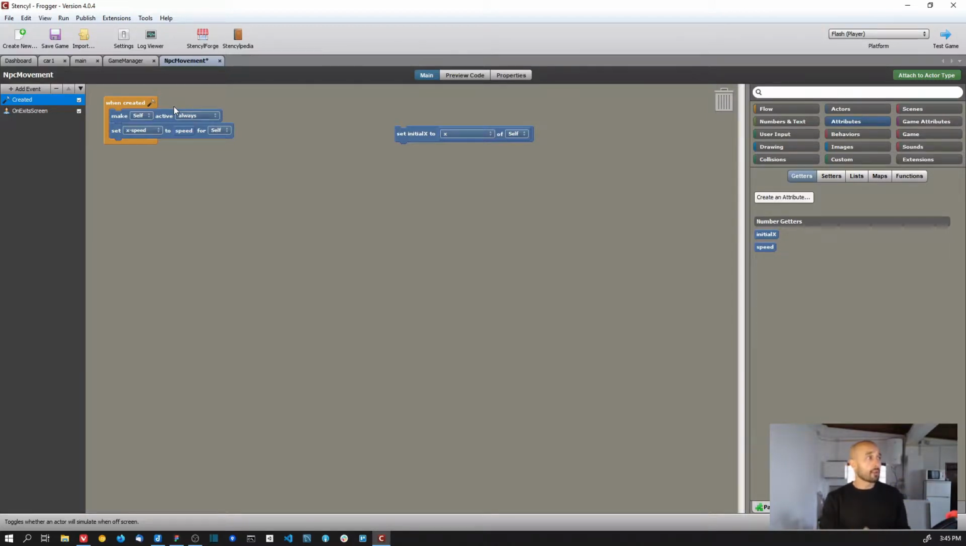So I added this other block, and then I created a new block to save the initial position. Why is that? Because like I told you, when the car reaches the end of the screen, I want to position the car back to the beginning. And since we are going to be using this behavior on different cars, each one of the actors